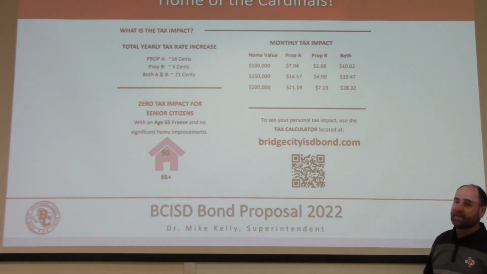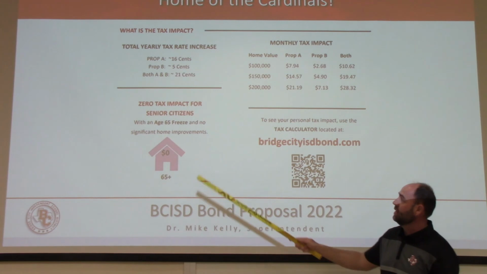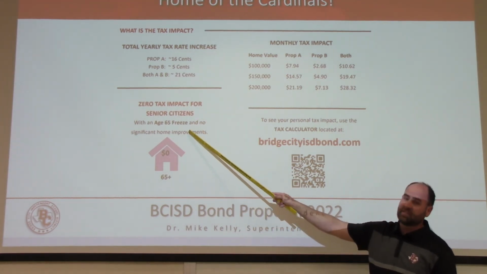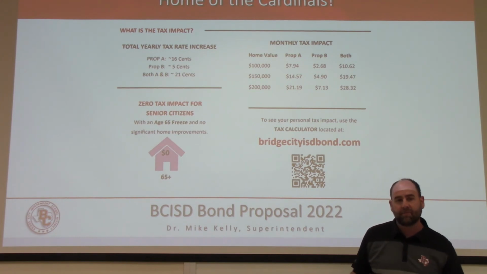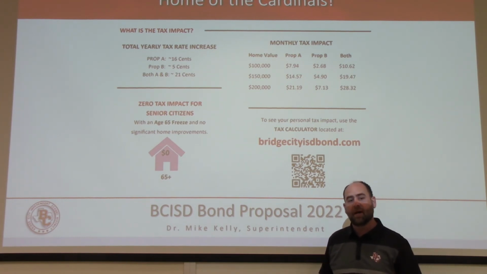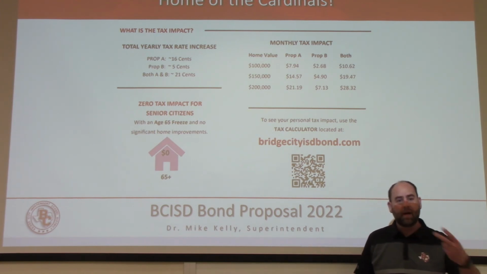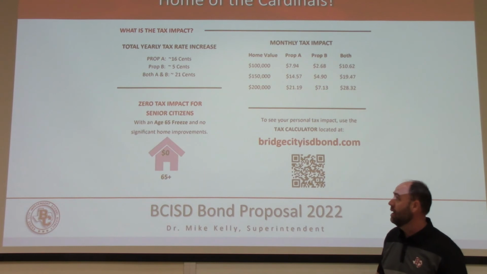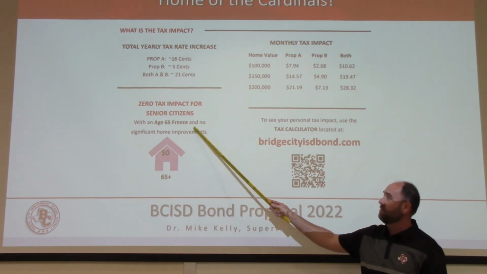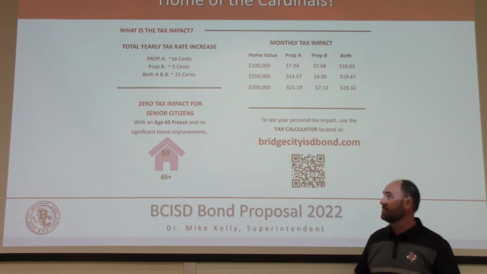What that chart that is out there floating around, what's missing, it's missing 2 key components. One is that if you are the age of 65 or over and you make 0 home improvements, then your taxes are frozen, and you need to contact the Orange County Appraisal District, and the district will help you with that as well. We have put out quick facts about that, where to go, how to fill out that paperwork, but if you're 65 or over and make 0 home improvements, then your taxes are frozen.